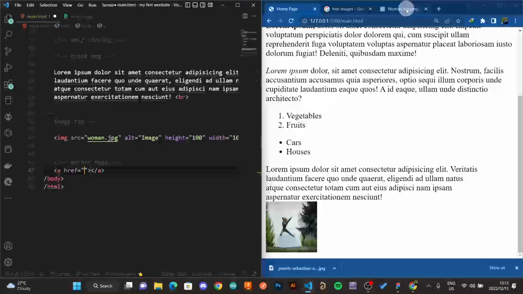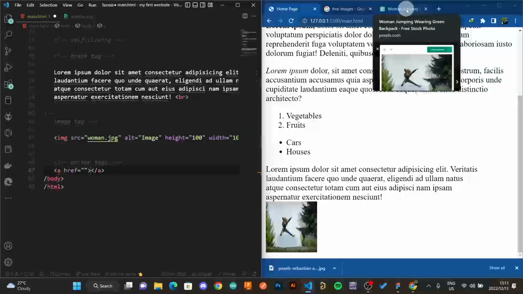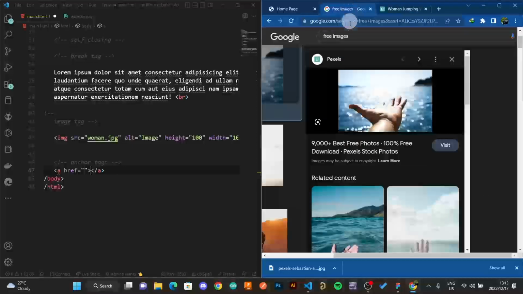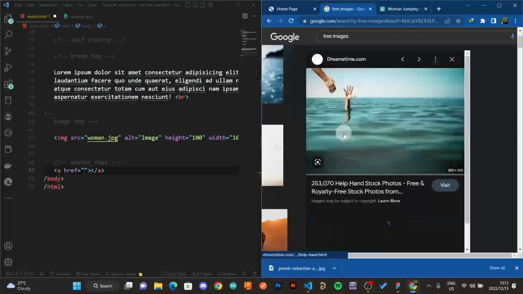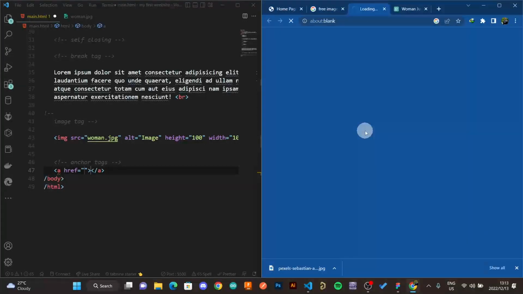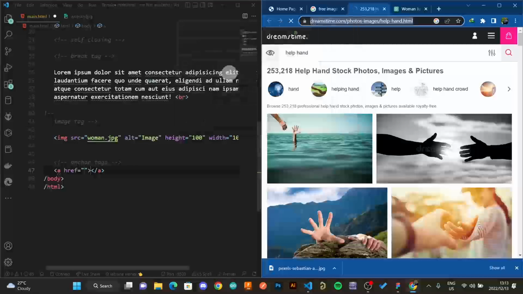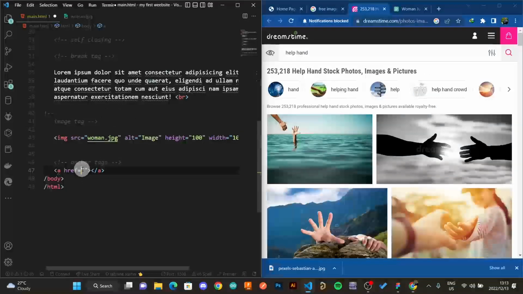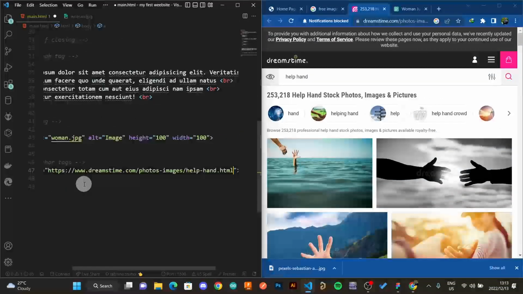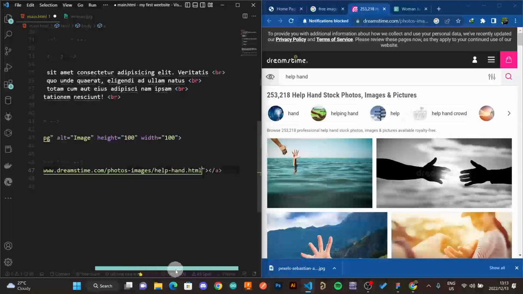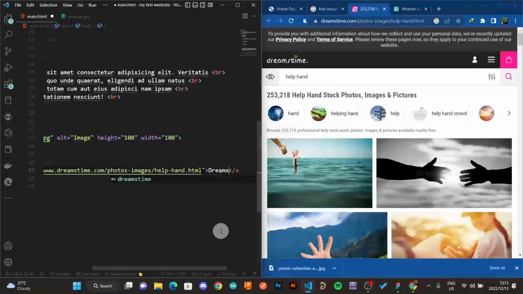So in this case, what you do is put your URL. Maybe we want to go to this website, so you copy the URL and you place it here, and you name your anchor tag, the words that will appear. So this is dreams time, so you write dreams time